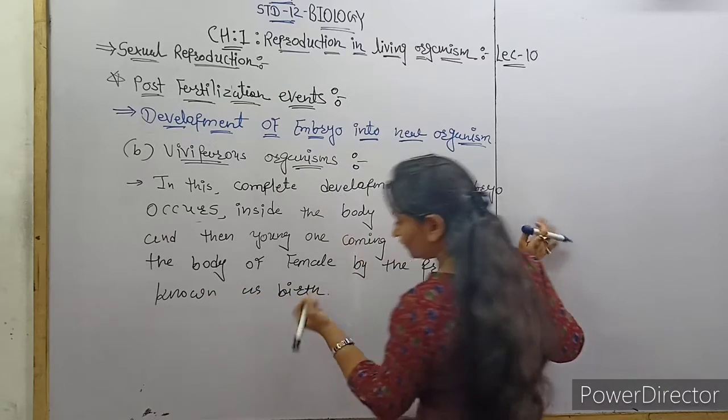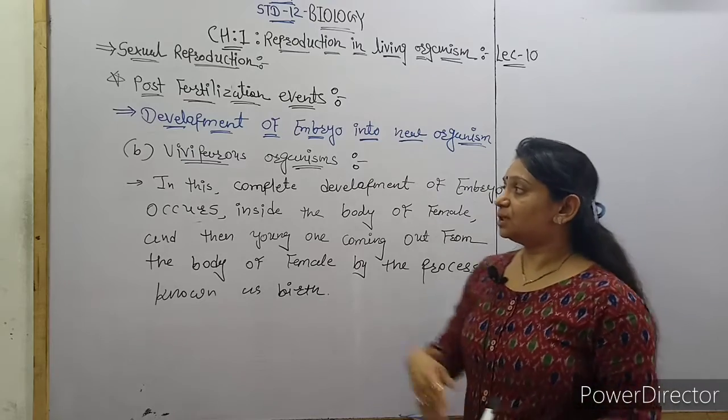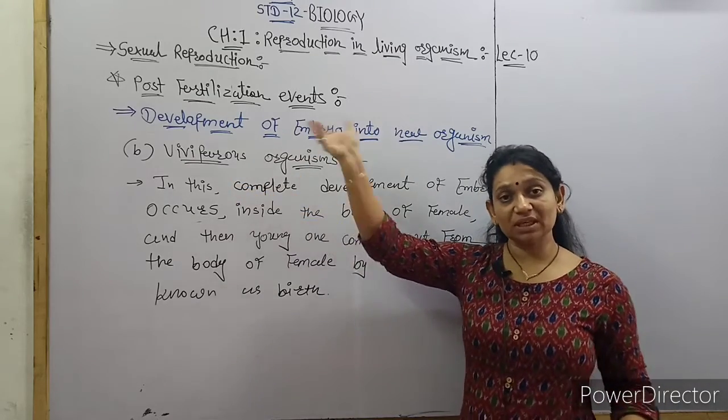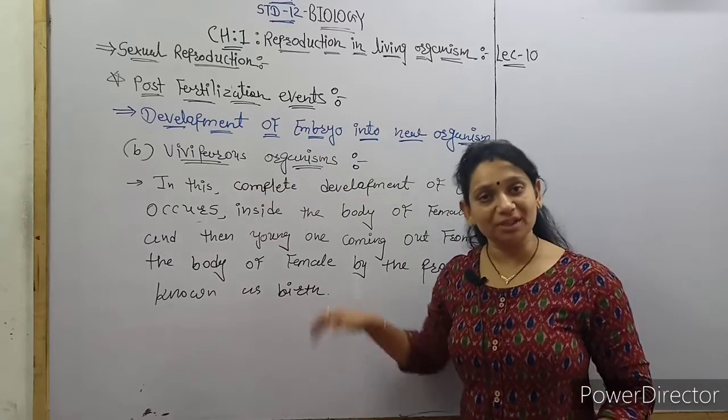Fine. So in a very simple language beta, for the viviparous organisms we can say they give birth to organisms or new ones,